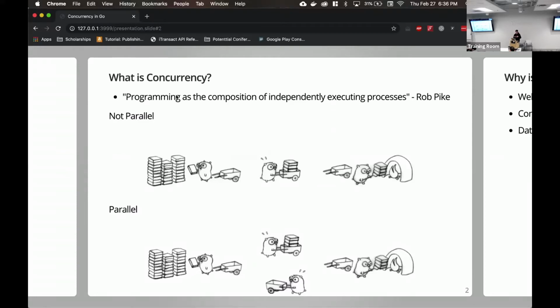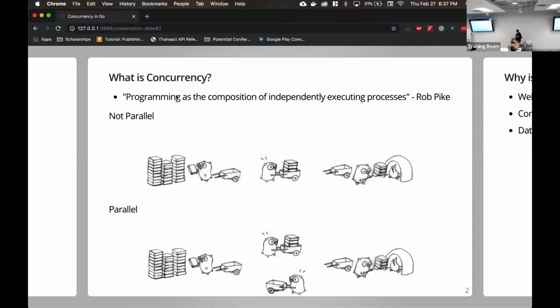Okay, so concurrency. So kind of what is it? Rob Pike put it really great. He does a talk on concurrency. I think it was at a GopherCon. I kind of took this graphic from it and this quote: concurrency is the composition of independently executing processes. So lots of people will kind of tie the word concurrency to some sort of parallelization. They'll say I want to handle multiple requests concurrently, maybe when they're wanting to say the word parallel and kind of vice versa, and they kind of confuse it. But concurrency isn't necessarily parallel.